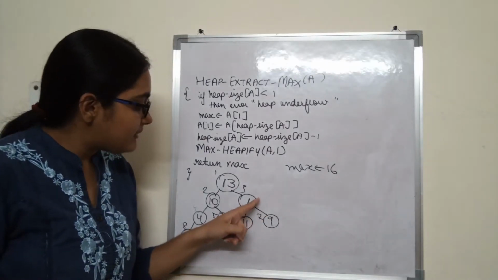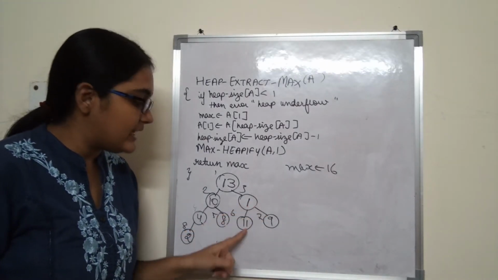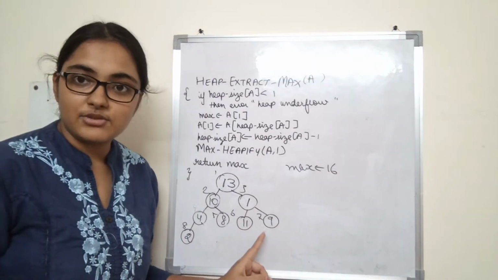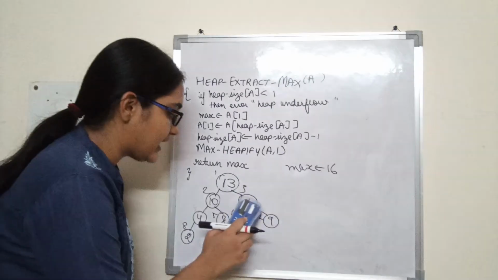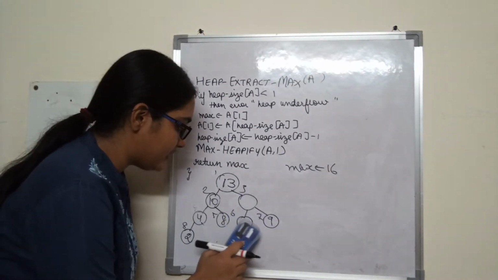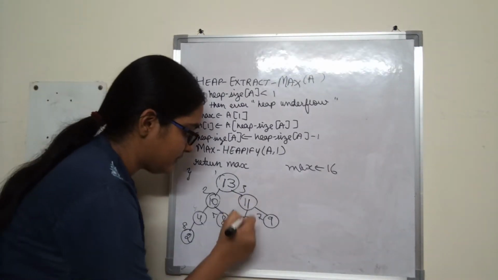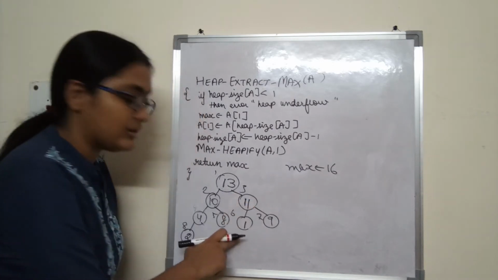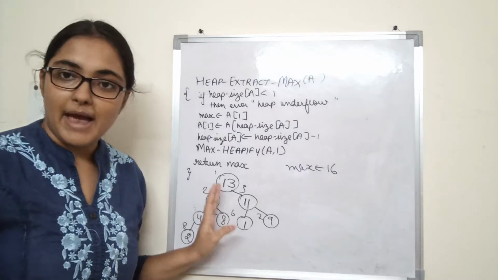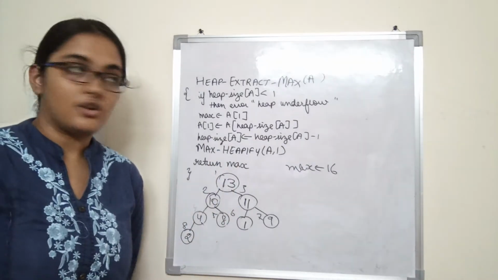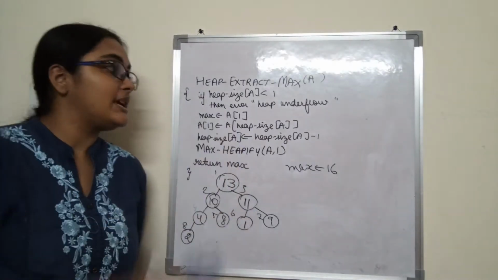Now when we call max heapify on this node, it will compare 1, 11 and 9. Out of 1, 11 and 9, which one is the maximum? 11 is the maximum. So 11 and 1 will be exchanged, right? Now when we call max heapify on this node, nothing will happen. Now the resulting structure is again a max heap. Now we are done with this function. Alright, what was the function? Heap extract max.